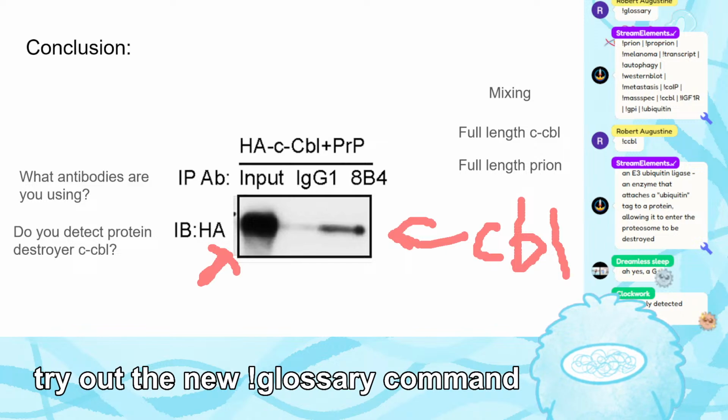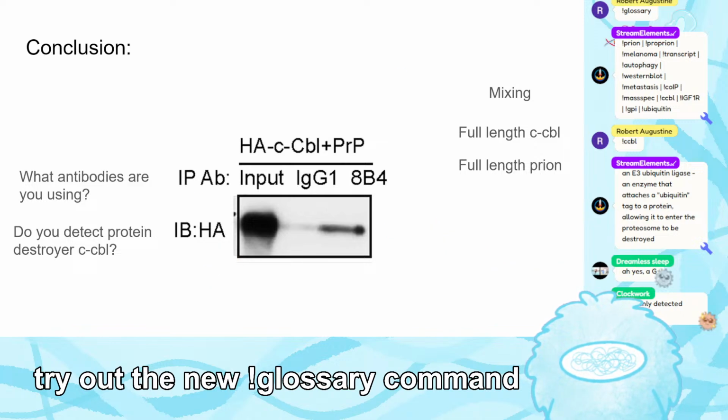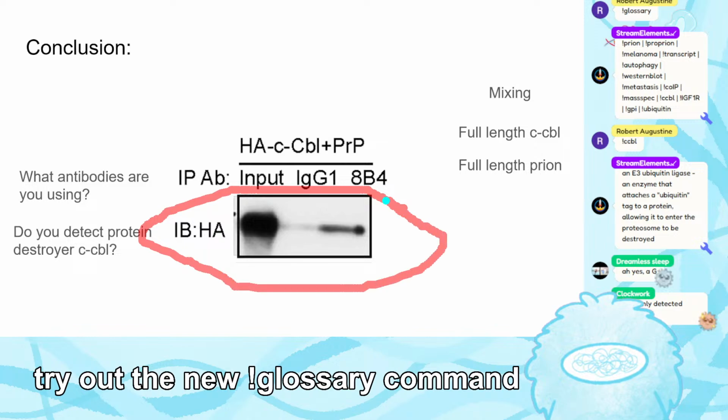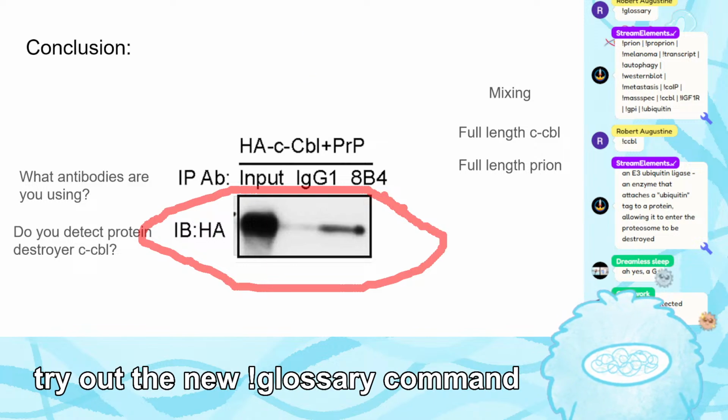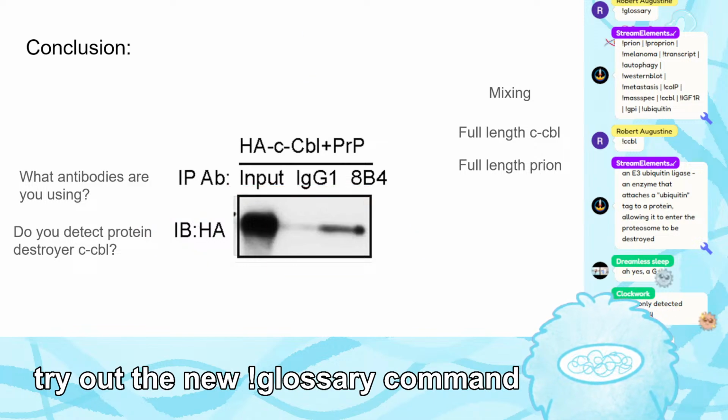So I'll repeat it one more time. This is the Prion fishing rod. This is the control fishing rod. This is the CBL fishing rod. And this is the presence of the protein destroyer. Oh, actually, Clockwork, you're right. I'm so sorry. I'm confusing myself. But Clockwork, you are right. So CBL is only detected when you use the Prion